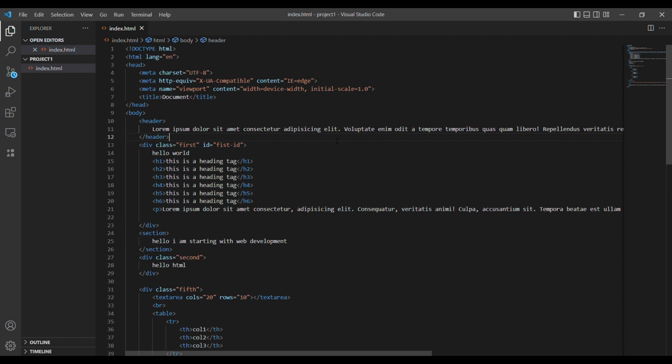So this was just the basic concepts of HTML to make you familiar with how to write the HTML codes, and make you more familiar with attributes and the tags. Now we will move